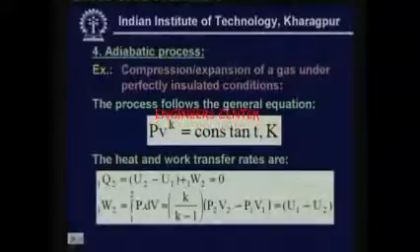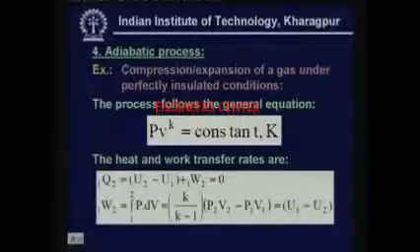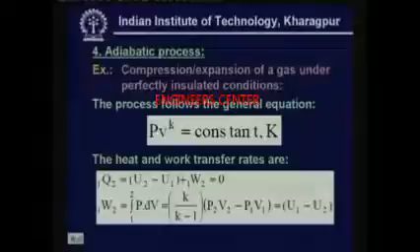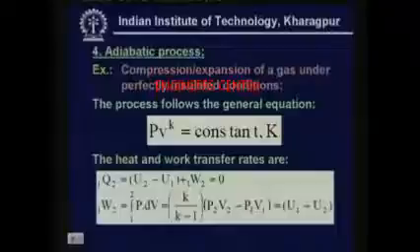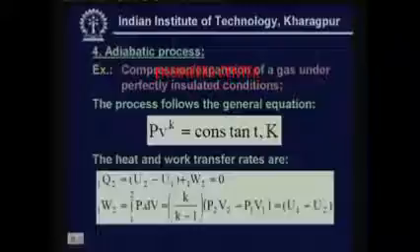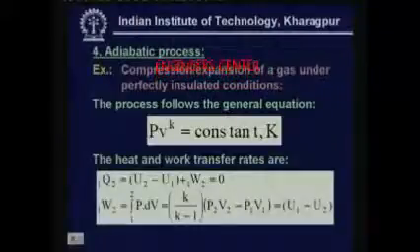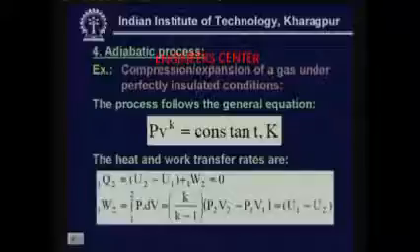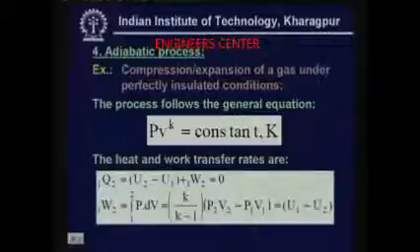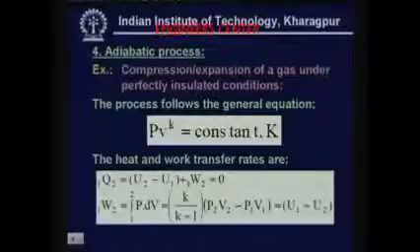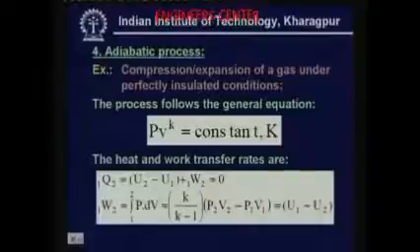So let us say you have a piston cylinder arrangement, a gas is contained within the piston cylinder, and you are compressing or expanding the gas, and at the same time all the walls of the system are perfectly insulated, okay. Such a case is an example of an adiabatic process. All adiabatic processes follow the general equation PV to the power of k is constant, where P is the absolute pressure, V is the volume, and k is known as the coefficient of adiabatic compression or adiabatic expansion, okay. And for such a process, the heat and work transfer rates can be